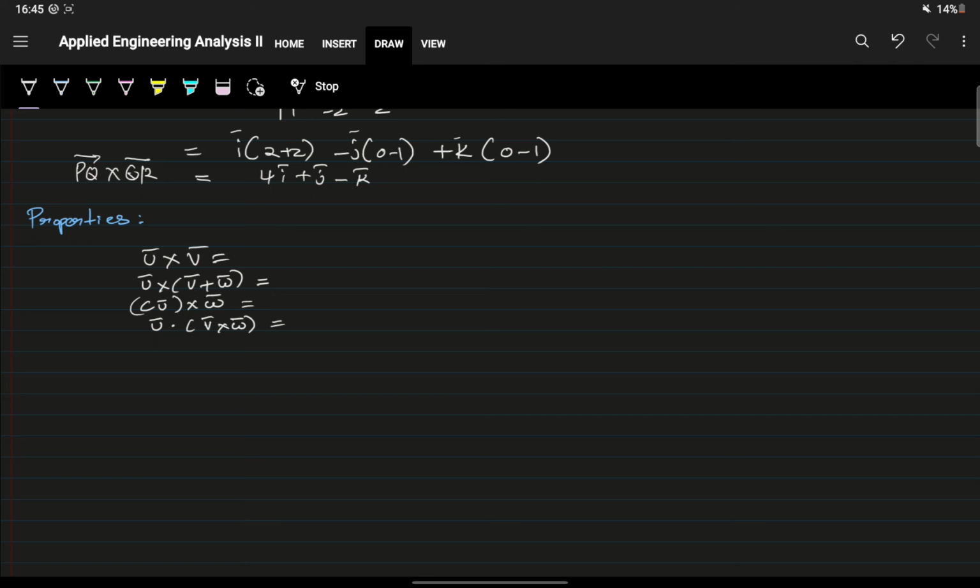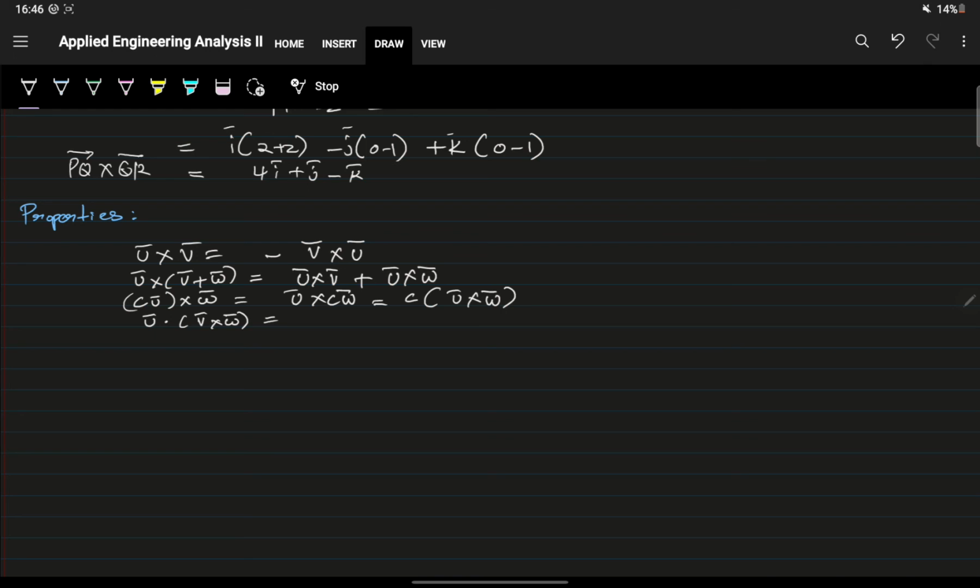Now let's see some properties of cross products. u cross v is minus v cross u, and u cross v plus w is given by u cross v plus u cross w, and c is a constant. c times u cross w is provided by u cross c w, or constant c times u cross w, and u dot v cross w is also equal to u cross v dot w. This is also equivalent to